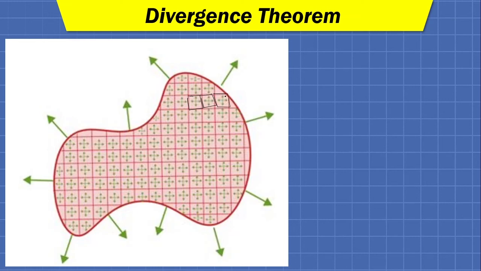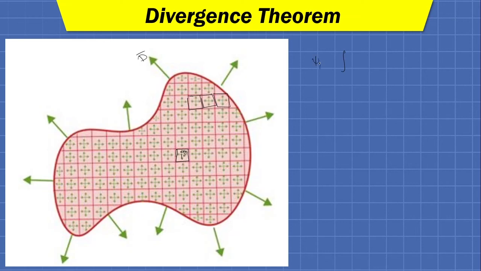Okay, and doing so, let the vector field associated with the surface S be D bar. So here all these green arrows are representing the D bar or flux density. Then for the ith cell, the volume delta Vi, which is bounded by the surface Si, we can write. So for example, let us consider this cell. This is our ith cell.